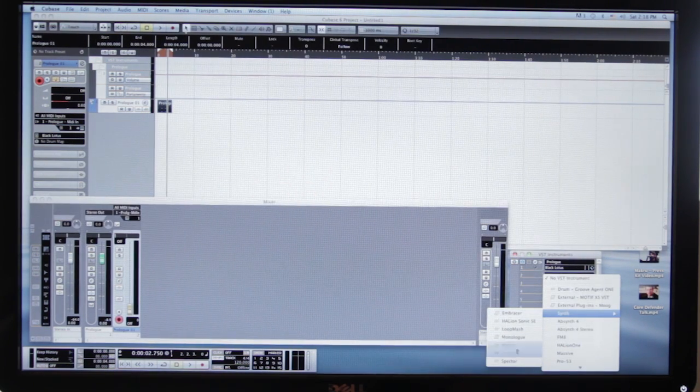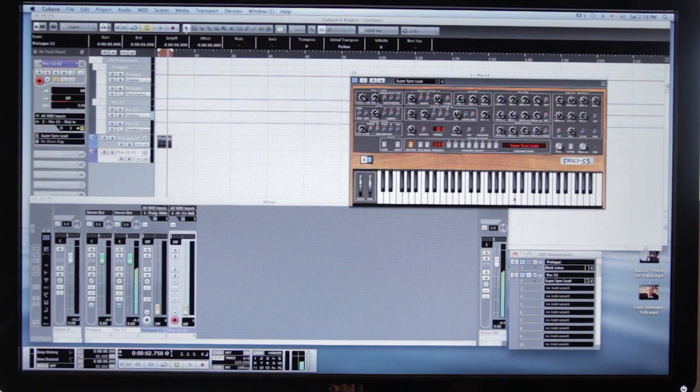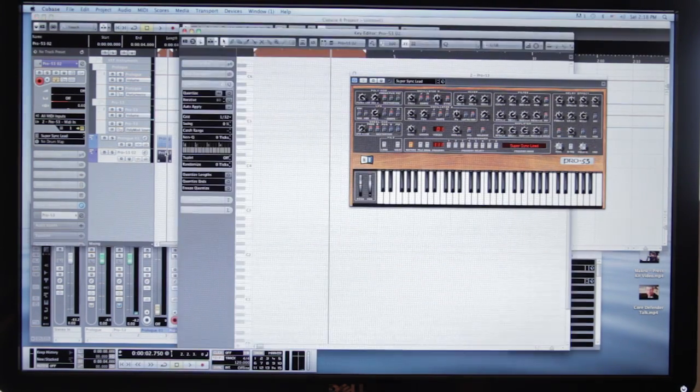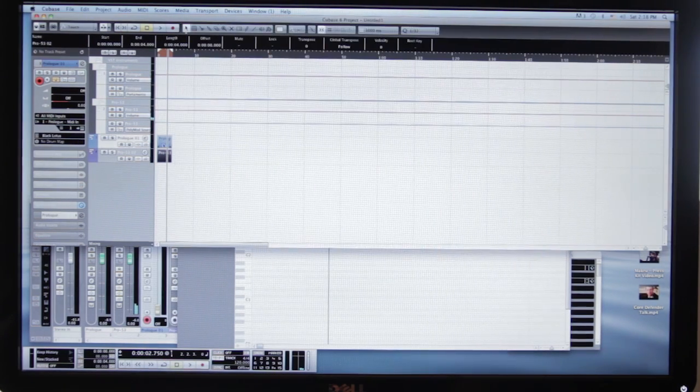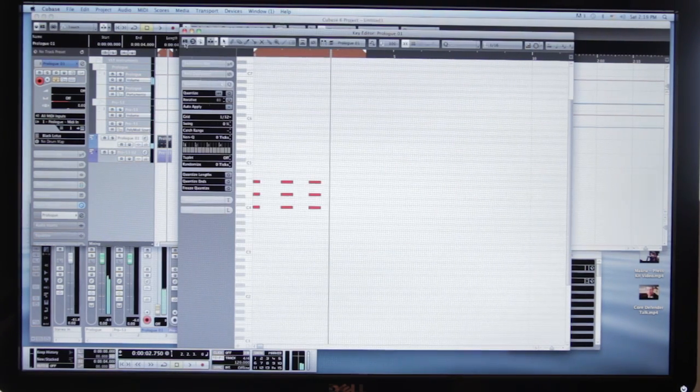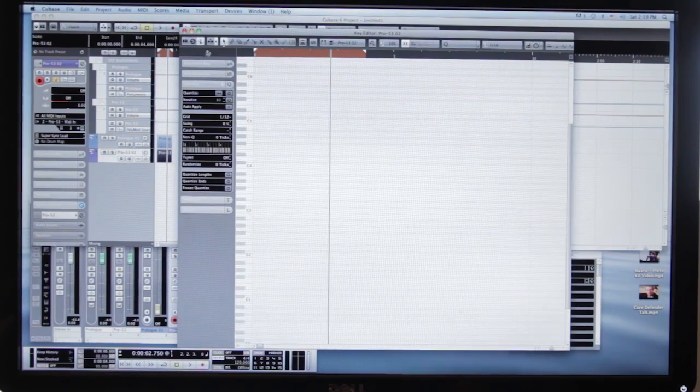So let's just bring up a different instrument here. Maybe this one here. And maybe we'll play some different notes. So this track right here, this second one, is going to be controlling this synthesizer, whereas this one is going to be controlling this other one. So you can see here, we already have 2 instruments in here that are basically playing in our song.